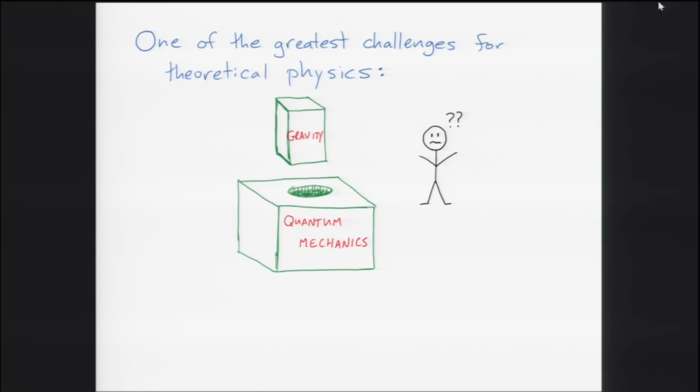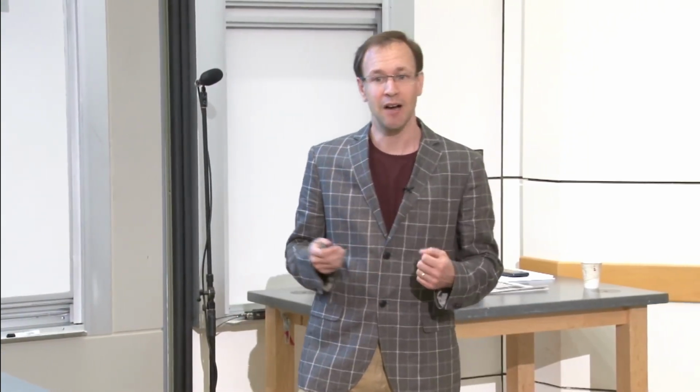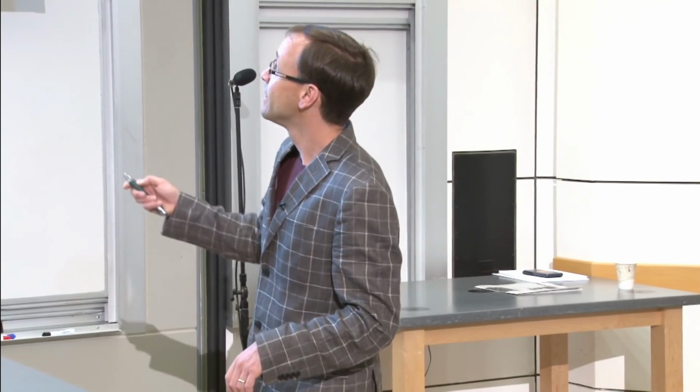How do you understand gravity in the framework of quantum mechanics, which we think of as, in some sense, the basic framework, the basic set of rules for doing physics in our universe? And of course, mostly you don't really need to combine these things if you want to build a better iPhone or whatever. It's not going to involve gravity. But there are certain situations. If you really want to understand black holes, if you want to understand how the universe began, understand what was the Big Bang, then you need a theoretical framework that includes both of these things.